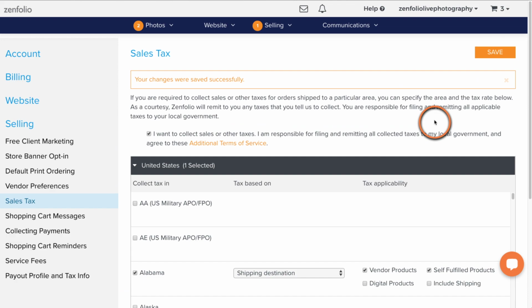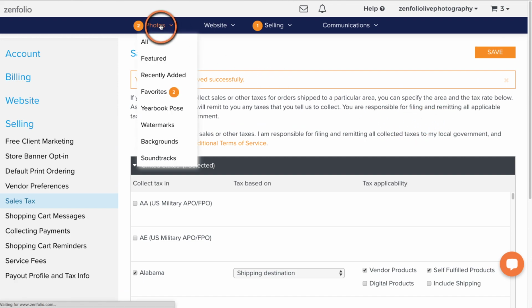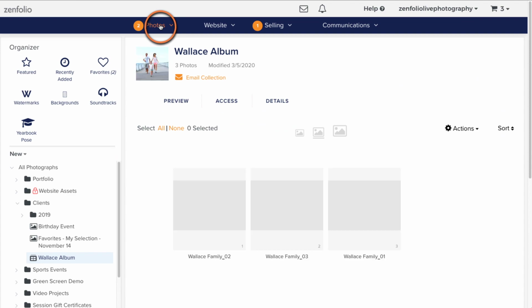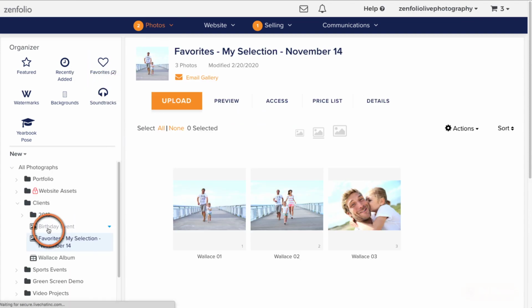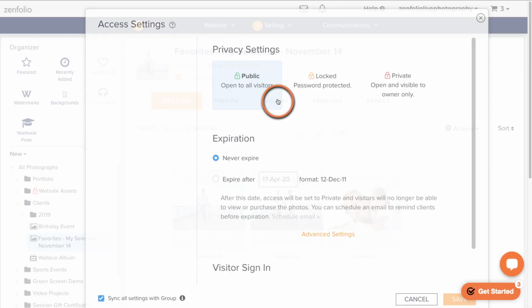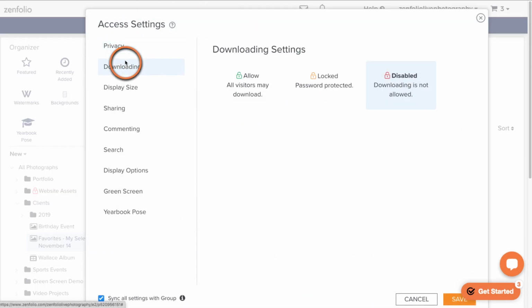Now, before we go set up products, I want to point one thing out. We're going to go back to the photos page really quick, and we're just going to click on a gallery that has images in here. And then we're going to go up here to access and downloading. Digital products is not the same as this downloading feature in here.